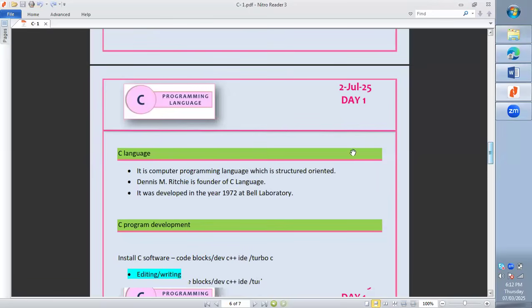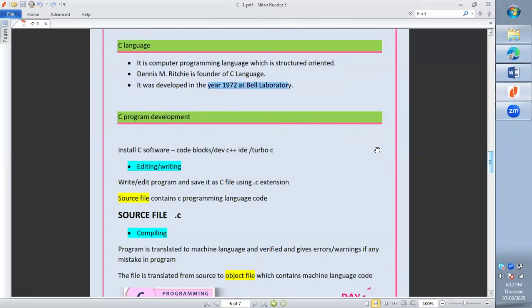Then C language, it is a structured oriented language. The founder of C language is Dennis M. Ritchie. Dennis M. Ritchie developed C language in the year 1972 at Bell Laboratories. And then,